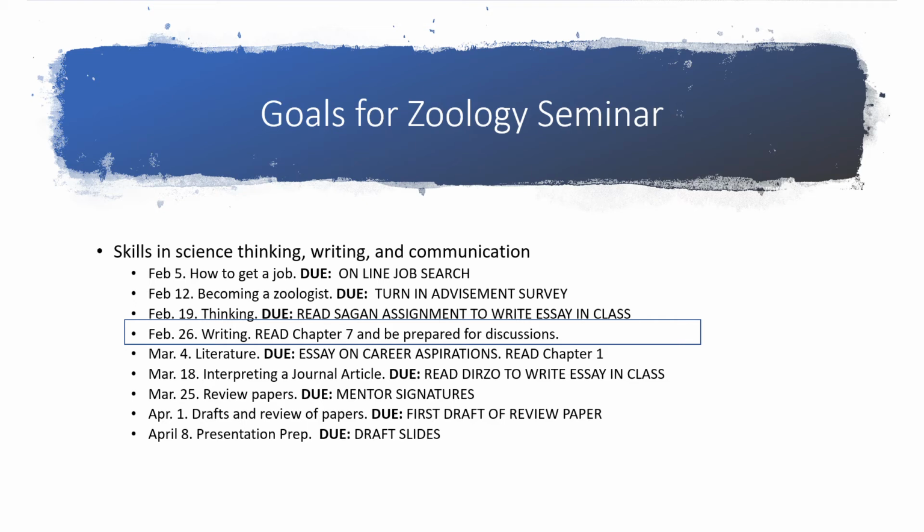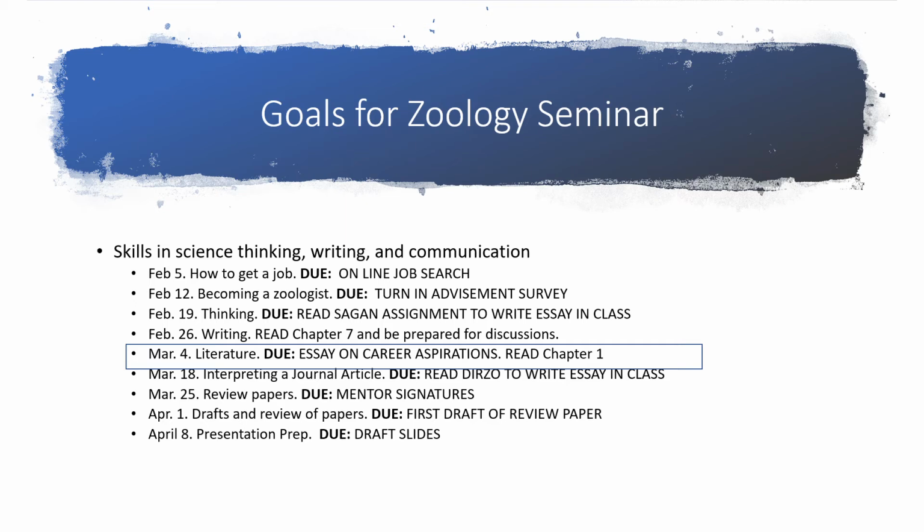And this is going to be very important because you do have a paper that's due later on in the class. Your review paper is basically a 5 or so page review on some aspect of a particular animal that you pick, and it's some aspect of its biology. So we want to go over this in a fair amount of detail. We're also going to talk about going through the literature and being able to get an idea of what the literature is all about,